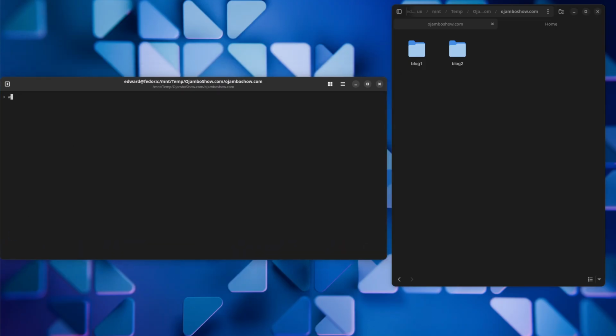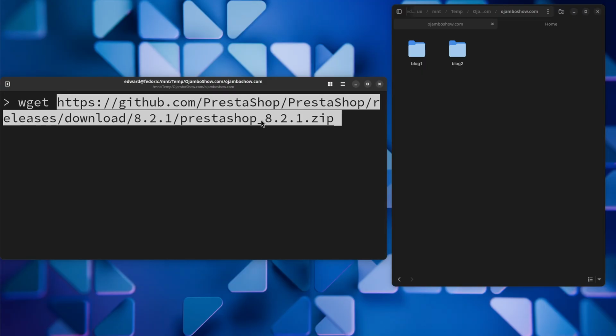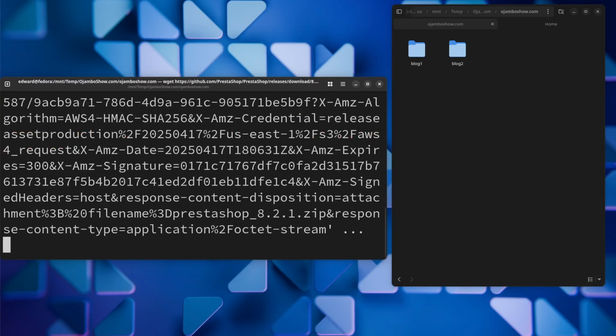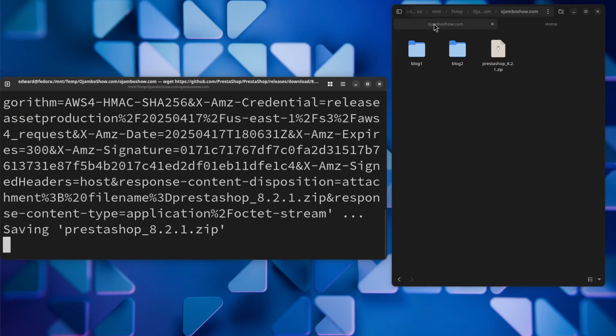So I'll just say wget. I'll zoom in here so you can see what I'm typing. And remember that URL I copied from the GitHub page. So it saved, see PrestaShop, this one here. Now, because it's on a local machine, I can simply right click on this to,